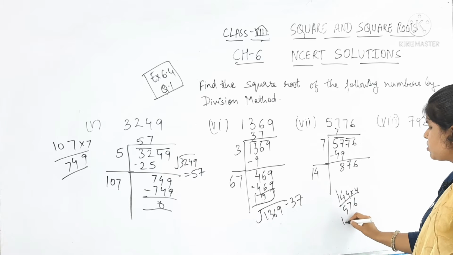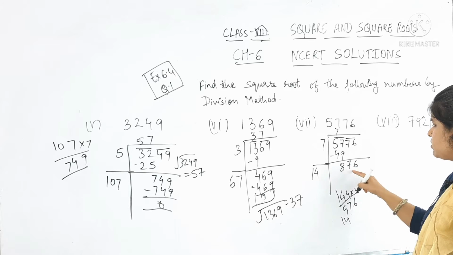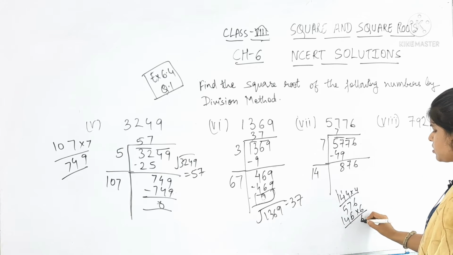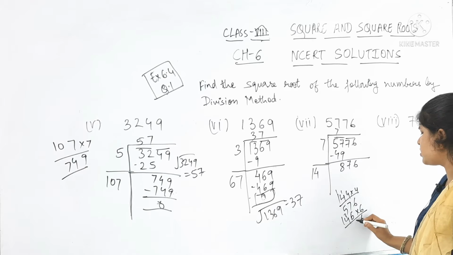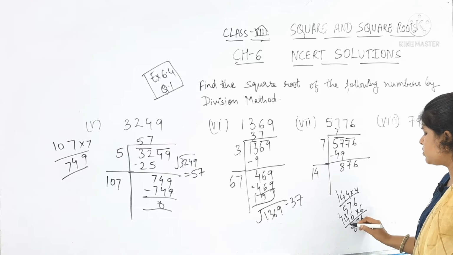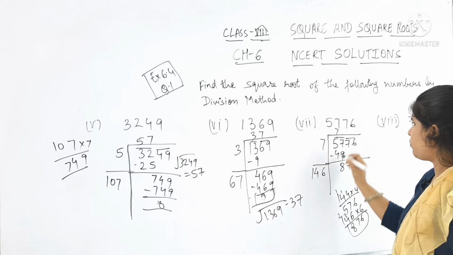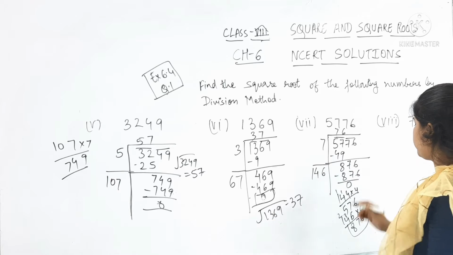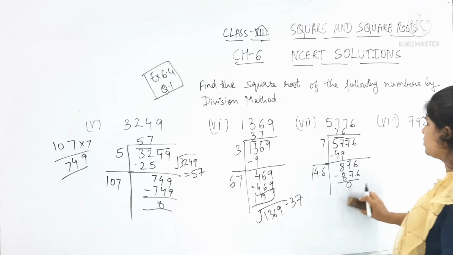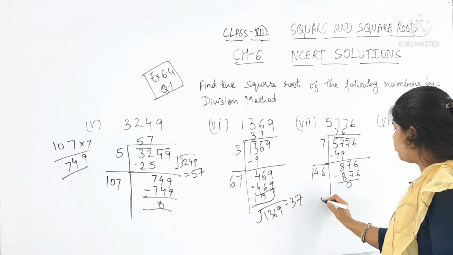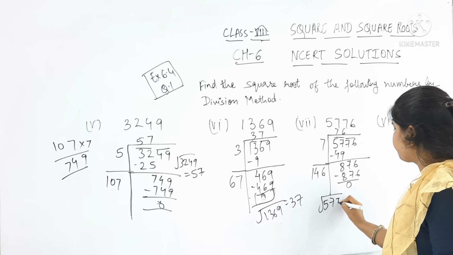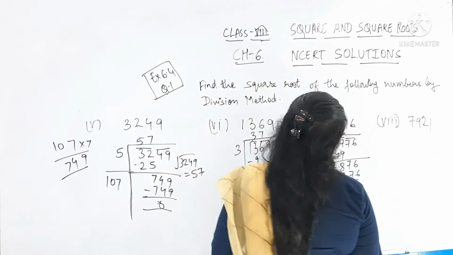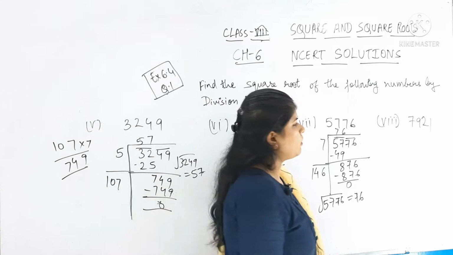It is 576. So I will see by 146 into 6. Okay. So 6 6 are 36. 6 4s are 24. 25, 26, 27. 6 1 is 6, 7, 8. So I am getting here 876. So 146 into 6 minus 876 is 0. Okay. So like this you have to calculate. Okay. So easy, right? Like this you have to put. Only squares you have to remember up to 10.